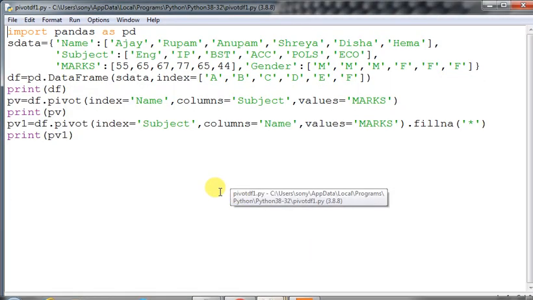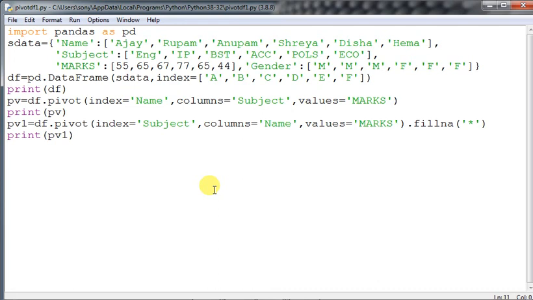So first of all, we are coming over here. Just by using the pivot method, what is this actually? Now you see, I have taken one dictionary of data, and there are four key-value pairs, that means four items. Here you can see, first of all, we print the data frame, and the index has been taken as A, B, C, D, E, F. The default index has not been used here. Now this data frame will be printed in this way, print df.